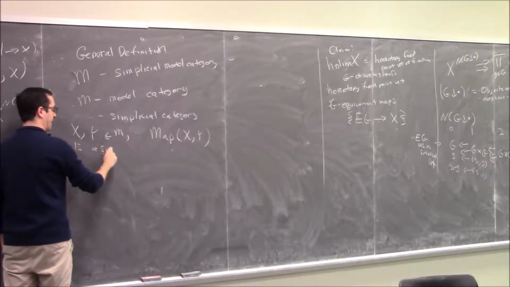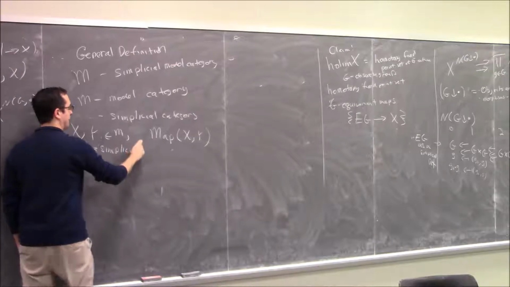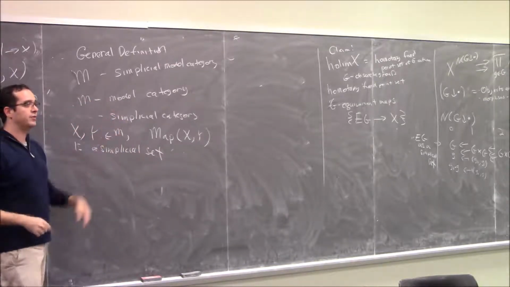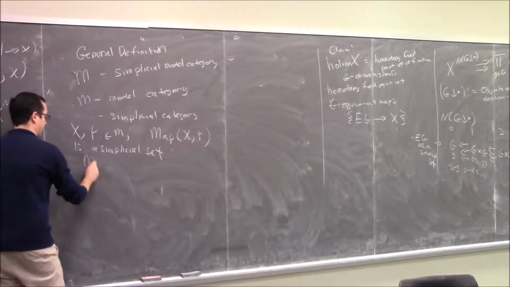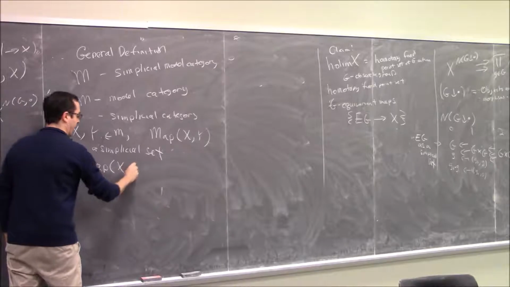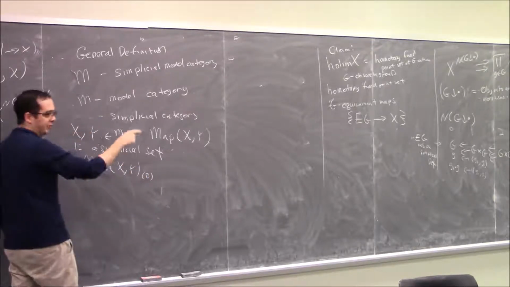So it's enriched in this. I have the compositions that satisfy the associativity conditions and the identity being the unit. And I want my simplicial set in degree 0 to be